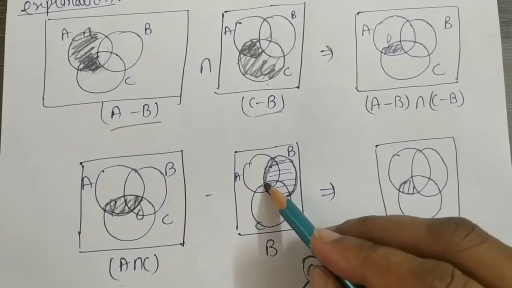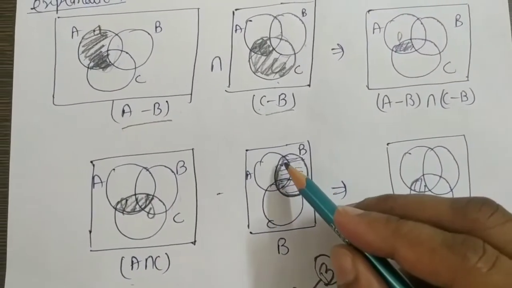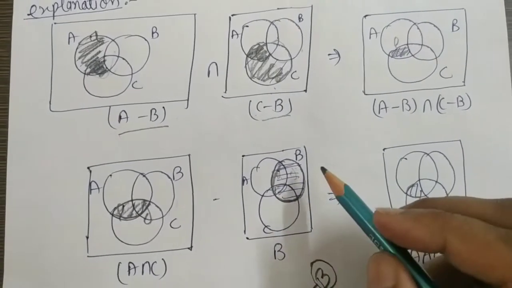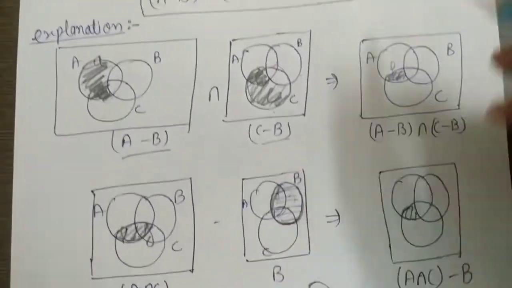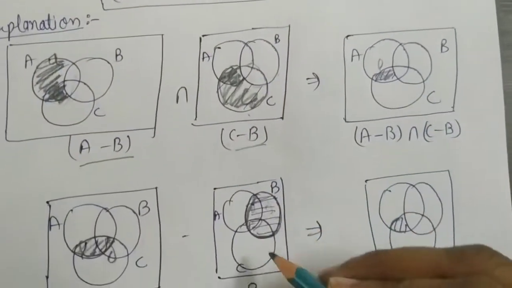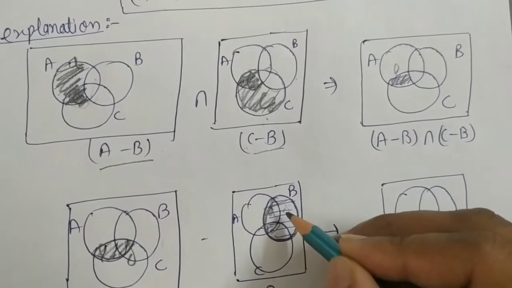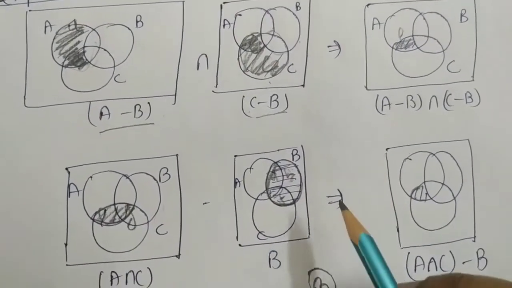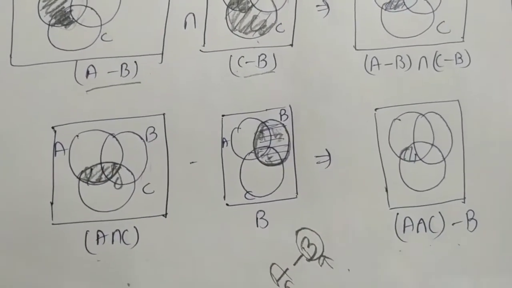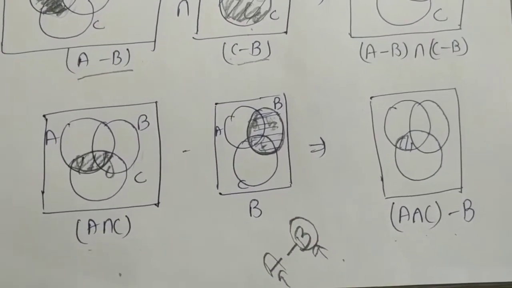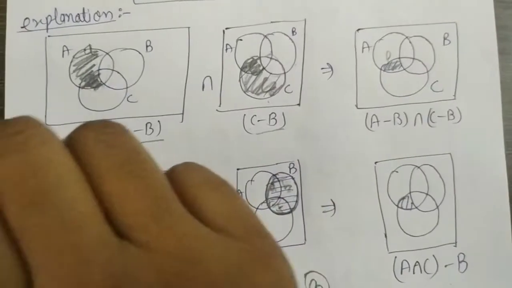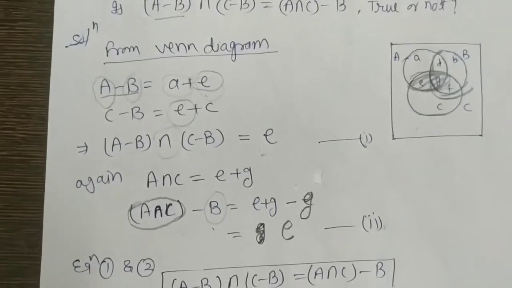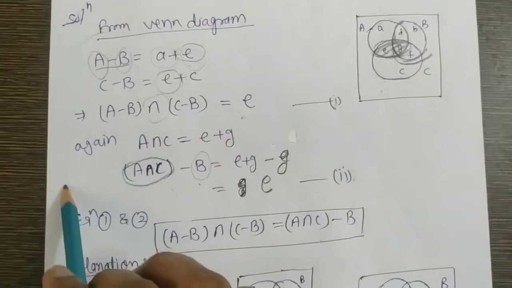Okay? So this part is cut down, but we also do not take this D part, B part and E part. What is this part? F part. We are not going to take this D, B and F part, because by the definition we are not to take any element of the second set. Is it clear? What we have done here, the same thing we have done theoretically in this question.